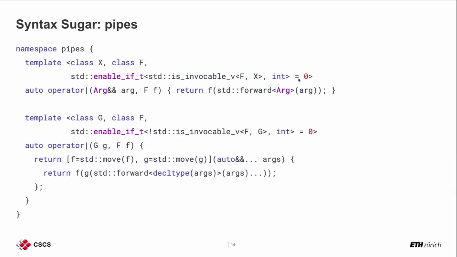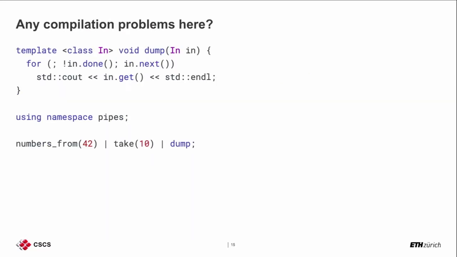And we have a default value. We can write 0 or 42, it doesn't matter. And we don't use this parameter directly. But the signature will be valid. If it's not, this enable if will fail to evaluate, yes, and this operator will not be instantiated and will not participate in overload resolution. Okay, so now we have this shiny pipe syntax,